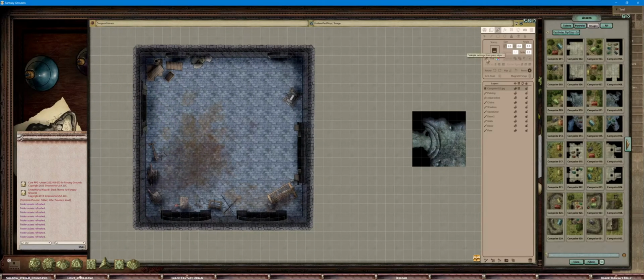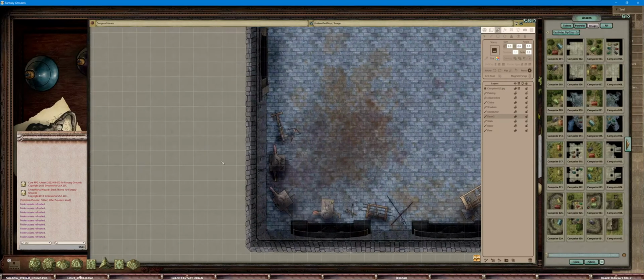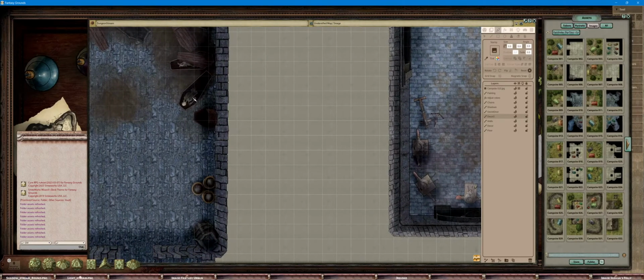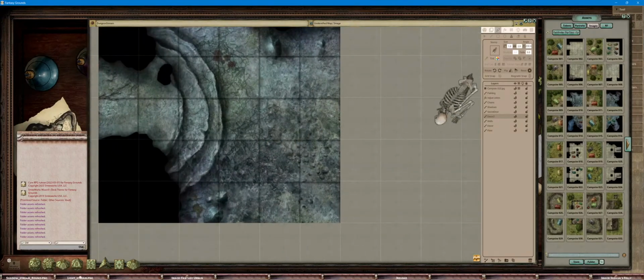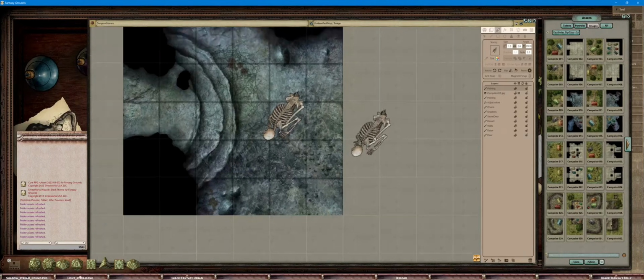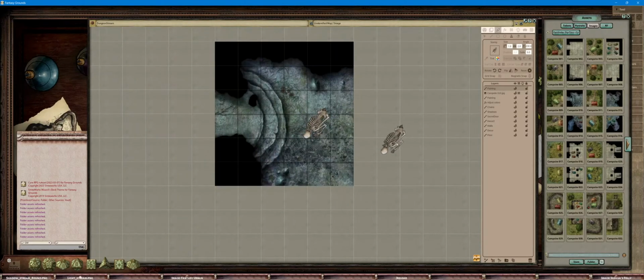Let's see, what do we have over here? There we go, there's a skeleton. Grab that guy, and then we come over here, boom, paint a skeleton right on top. So you can mix and match the two together and create some interesting new elements. It's more along the lines of what you like best and how you like to